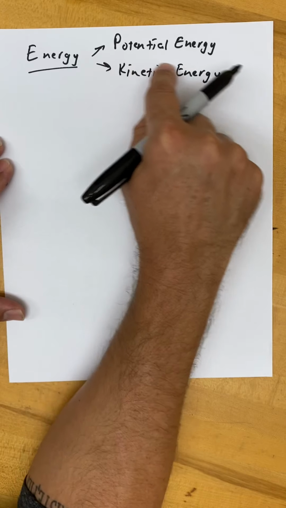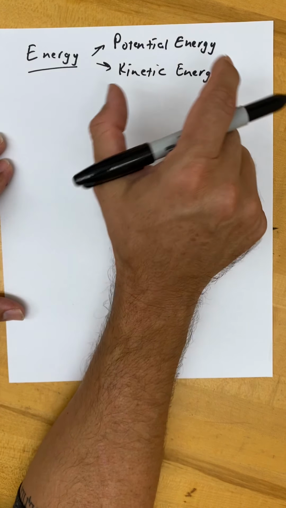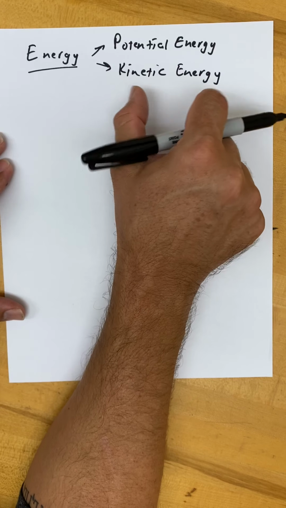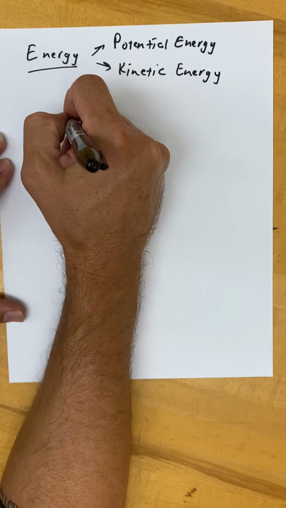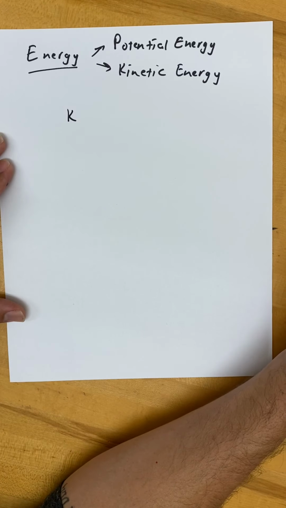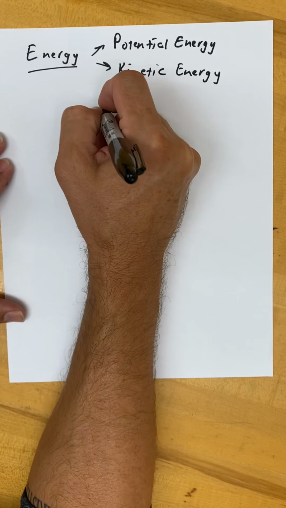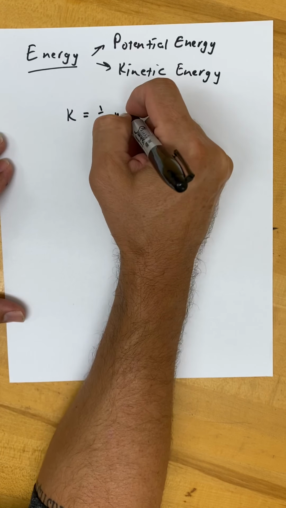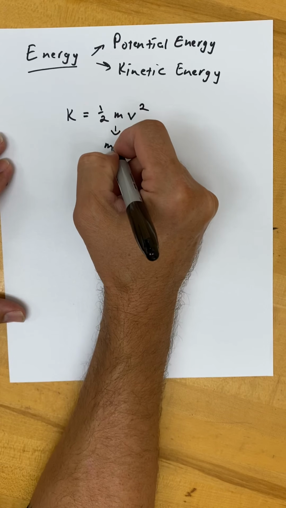And as I said, there are all sorts of different types of potential energy, which leads to all sorts of different mathematical formulations. But there's only one math formulation of kinetic energy. The symbol is K, and we define it as 1/2 mv squared, where m, of course, is the mass of